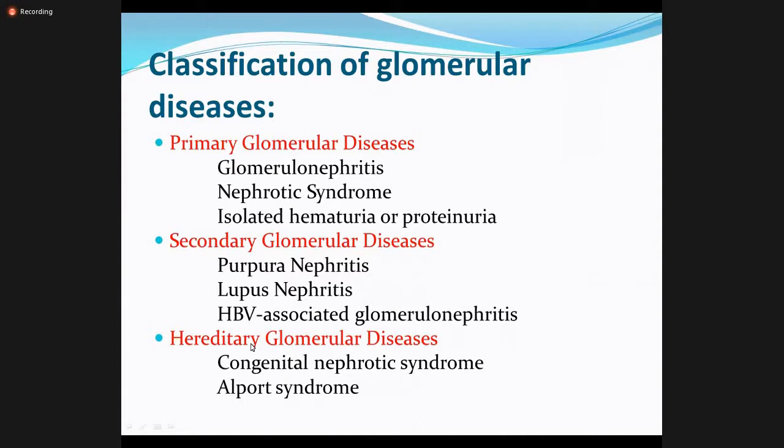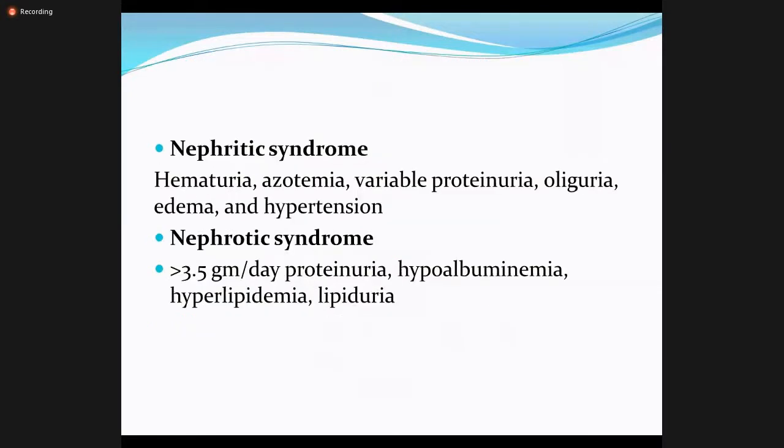So today our concern is basically acute glomerular nephritis and nephrotic syndrome, which are important at your level. So what is the difference? Nephritic and nephrotic syndrome are not basically diseases. They are basically groups of symptoms. When we call it nephritic syndrome, there is a combination of symptoms like hematuria and azotemia. Azotemia means raised urea and creatinine or disturbed renal function. Hematuria, azotemia, proteinuria, oliguria, edema, and hypertension. A combination of these symptoms we call the nephritic syndrome.